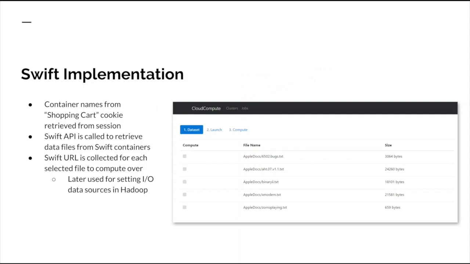To be able to pull these files that are present in the containers that we've retrieved from Dataverse, we use the Swift API provided by OpenStack. The container names are stored in a cookie, in particular a session cookie. The Swift API collects those container names, makes a request to the Swift API, pulling all of the objects available in those containers. Once those objects are retrieved, they're displayed to the user, and the user can then select any of those files